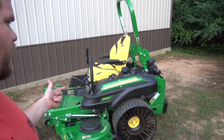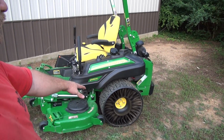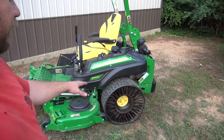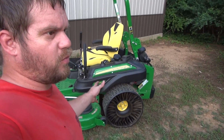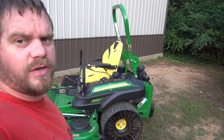I've used this machine about 2 hours. I was not sure about the Tweels originally because those Tweels are like an extra $1,000, but I've used this thing about 2 hours. It had 1/10 of an hour on it when I got it. It's got like 2.3 or 2.4 on it now, and I have not got any good footage of cutting grass with it yet